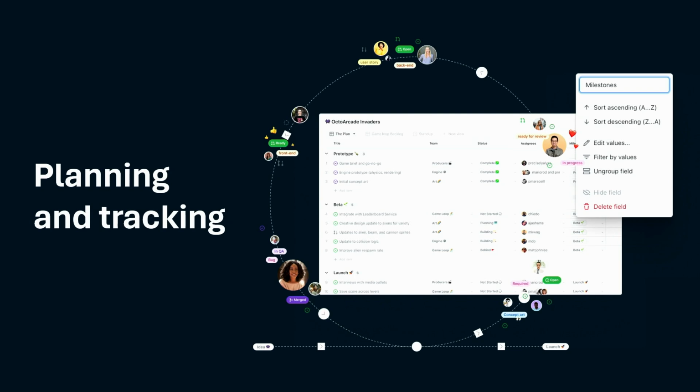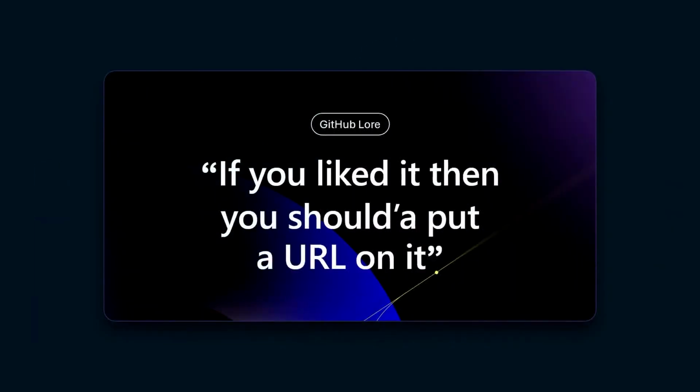And so we have this saying at GitHub, and that is, if you liked it, then you should have put a URL on it. So there's this really wonderful blog post by Ben Balter. So if you just search, if you liked it, you should have put a URL on it, you'll find it. And essentially what that means is that if you want information, right, you have to figure out how to make it work in an